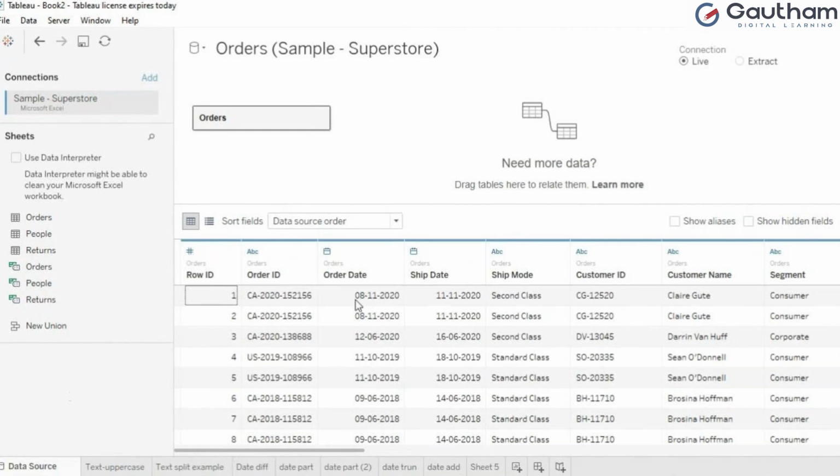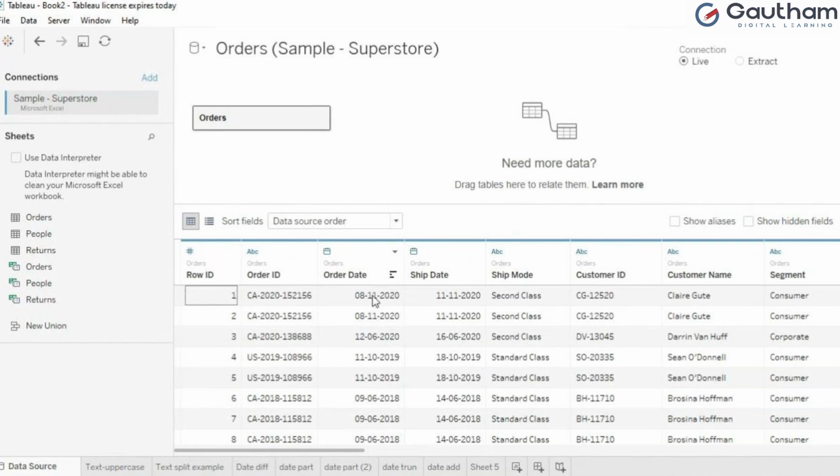Immediately you should get one doubt. There is a split in between, but date is a date, right? The data type is already set. VizQL is the language written by Tableau, the backend language which is running this application. So automatically for this date type there is a data type icon. This is a calendar icon. They have already written date this way, a code like xx hyphen xx hyphen xxxx. See, whatever the year it may be, it will be this way only, right? Month will be like 01, 02.